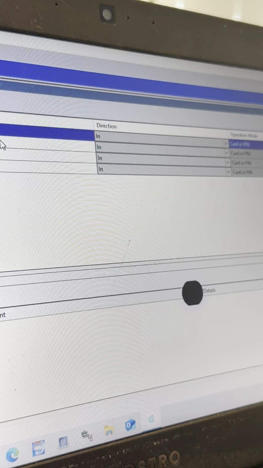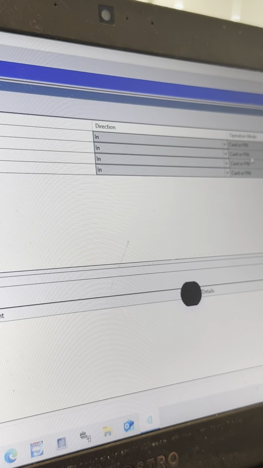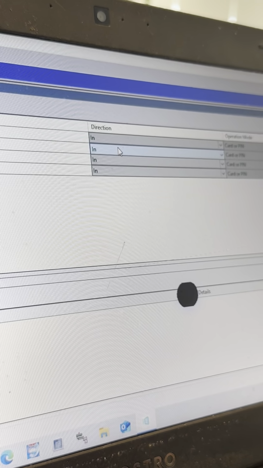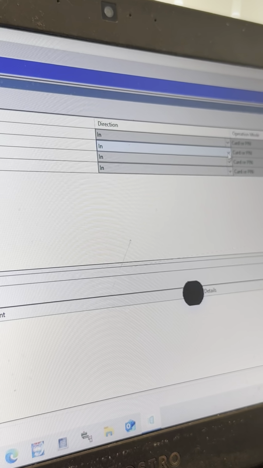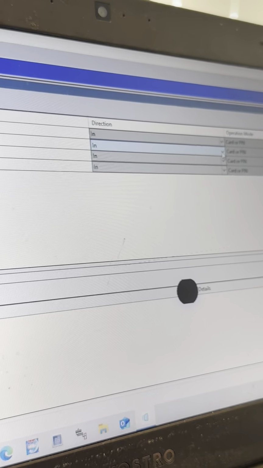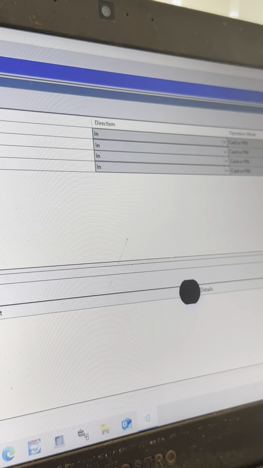And these are all exactly the same. Okay? Obviously this direction is just basically for your own information. It doesn't make any difference. It works the same, unless you're using anti-passback, which we're not. Okay? Next,